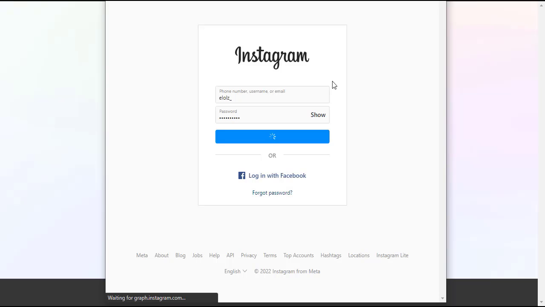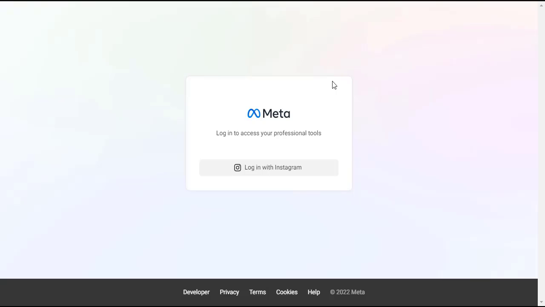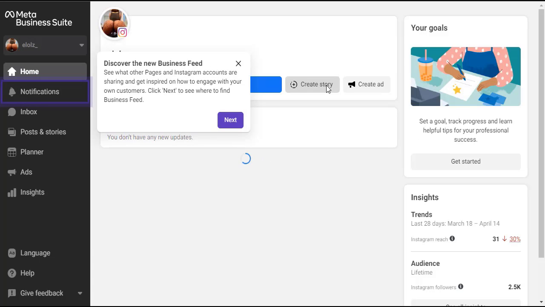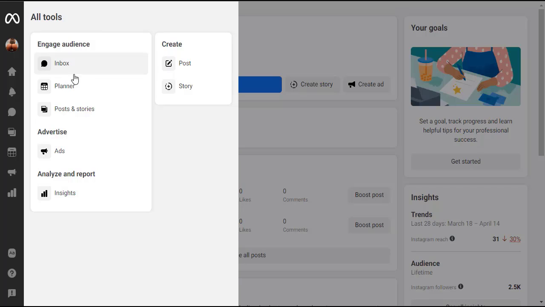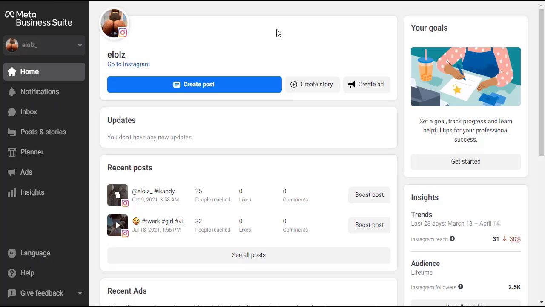So now it's going to load up, and I can tell you this is one of the best, most recent updates that Meta, since that's what Facebook is called now, has ever done for small businesses. So when you do this, you have all the details here. I don't know if you can advertise directly, but now when you decide to click on posts, unlike when we use the Facebook page version,